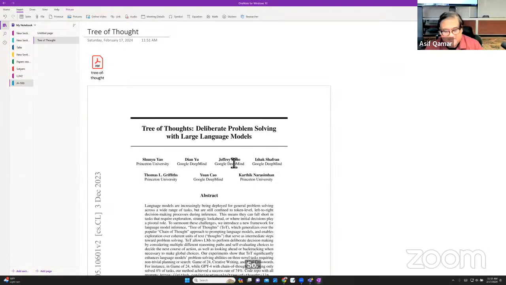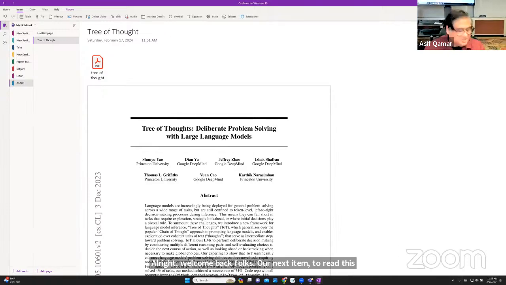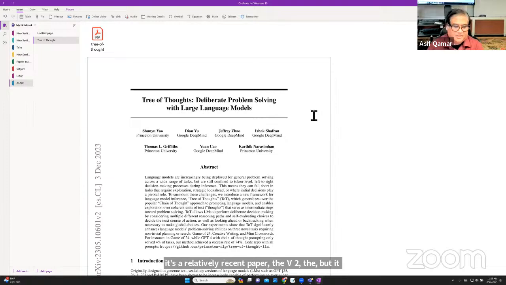Our next item is to read this paper in a continued exploration of prompting. We are going to do this pretty important concept. It's a relatively recent paper, the V2, but it came towards the second half of 2023. Now,